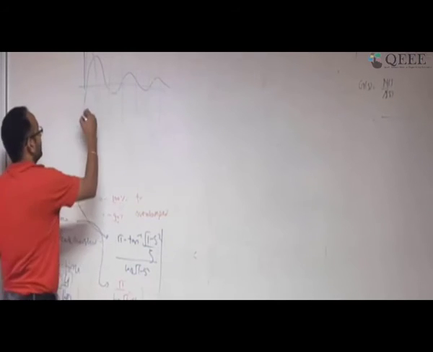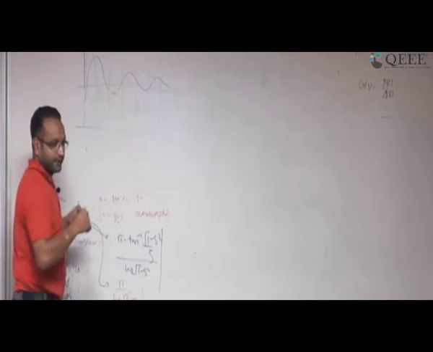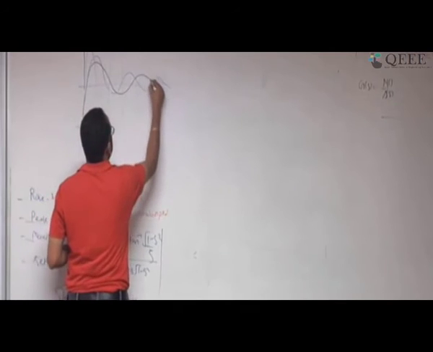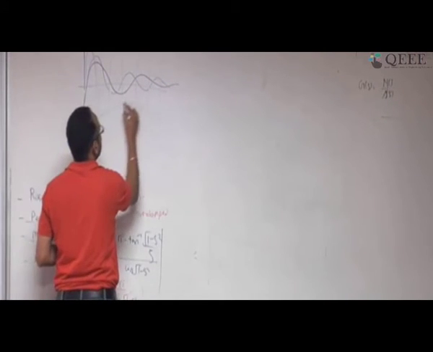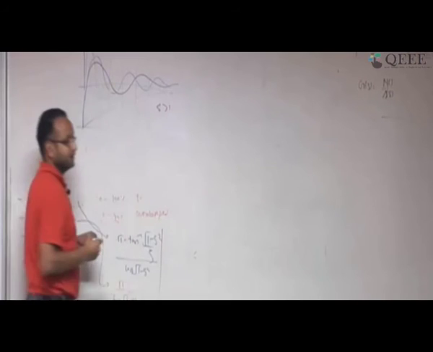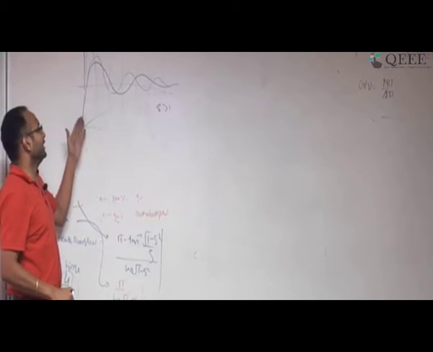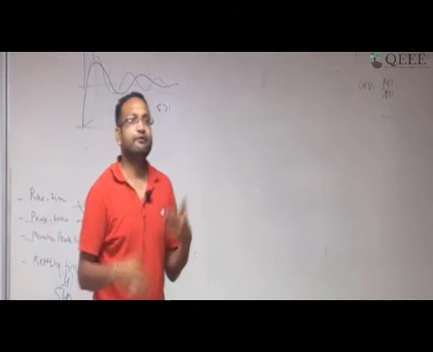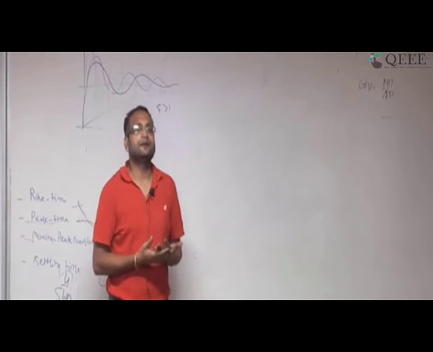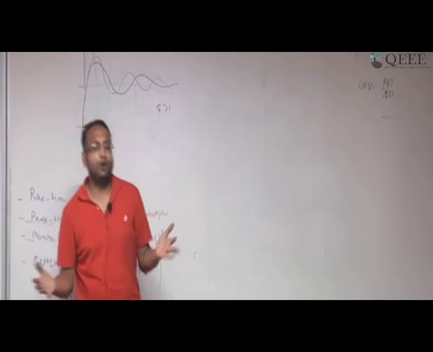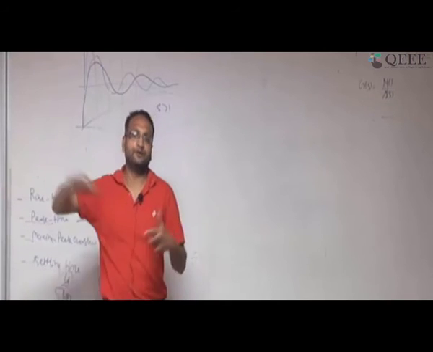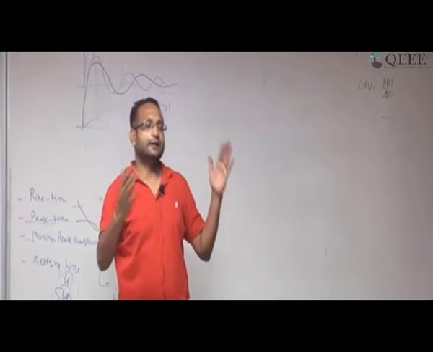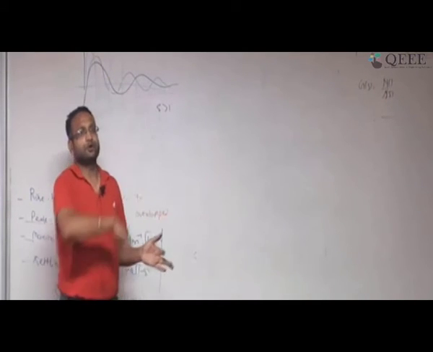Now if you increase zeta further, you will get a behavior something like this, and that is desirable. If you keep increasing zeta and zeta is more than 1, it is going to be an overdamped scenario. It will take a lot of time to reach the steady state. So when we are working on a second order system, what is the best value of zeta? I can't choose more than zeta equal to 1 because of the overdamped scenario, which takes a lot of time to reach the steady state value. On the other hand, a very small value gives oscillatory behavior.